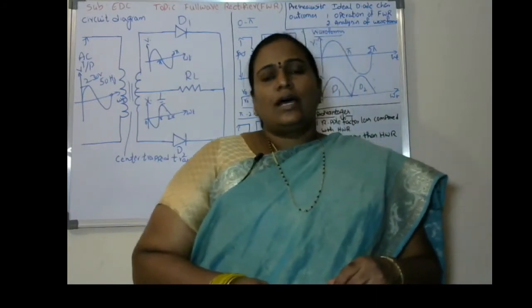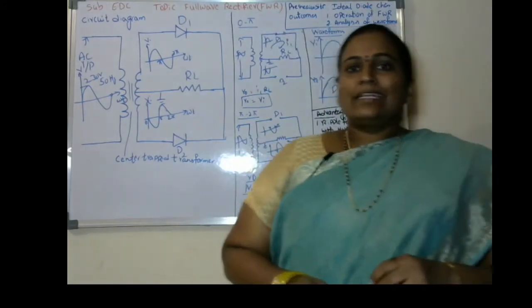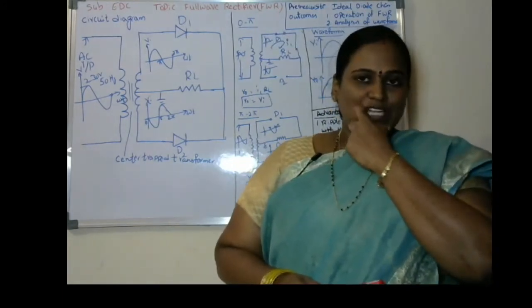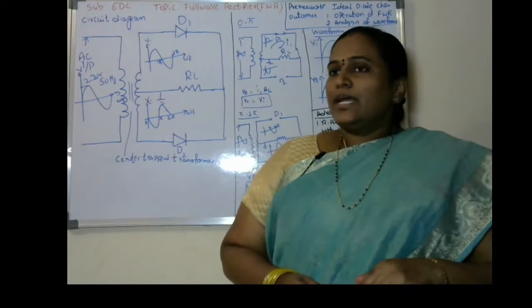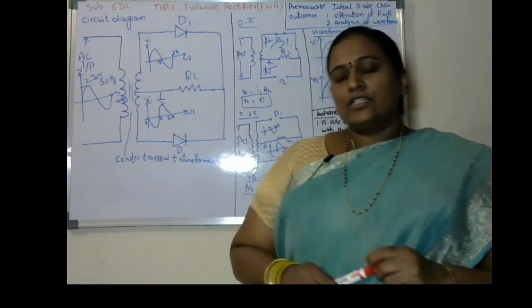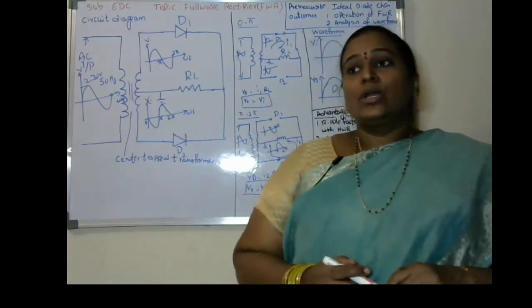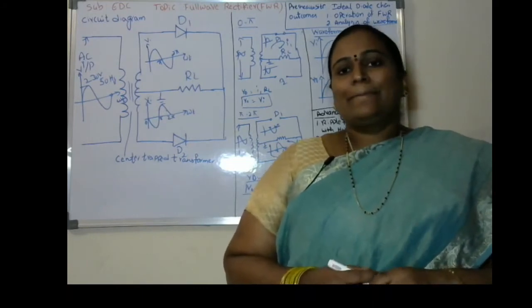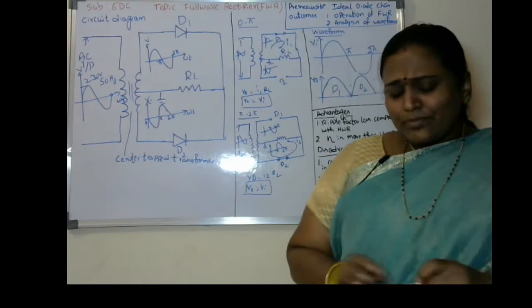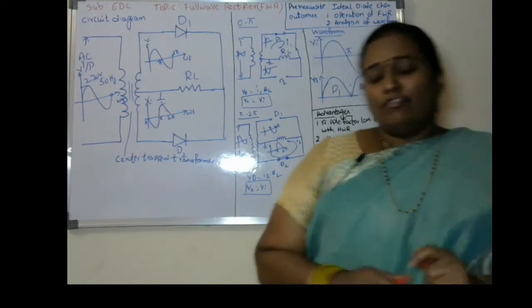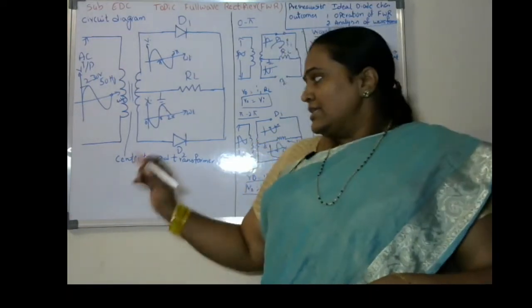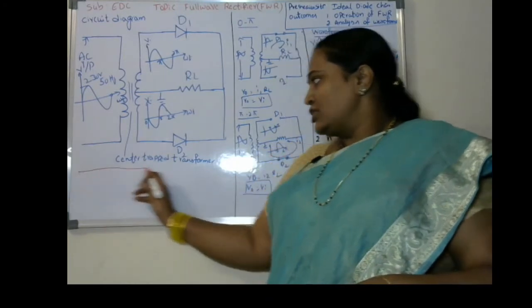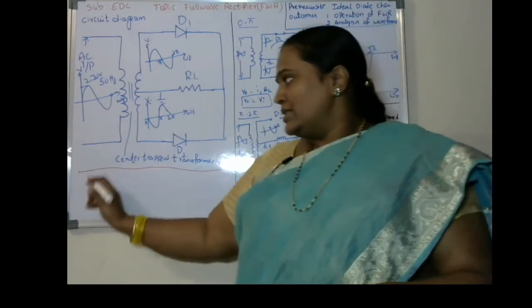The main prerequisite for this talk is the ideal diode characteristics. When we are doing the analysis of the full wave rectifier circuit, we have to replace the diode by its ideal characteristics. So the ideal characteristics of the PN junction diode are required for the analysis of the full wave rectifier circuit. We will first discuss what the ideal characteristics are.